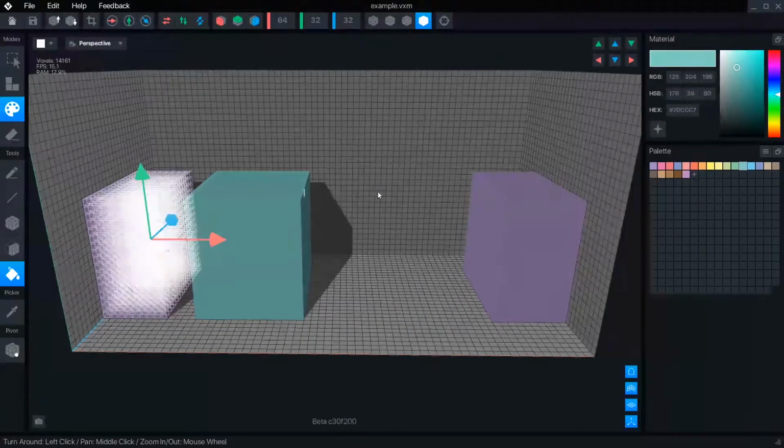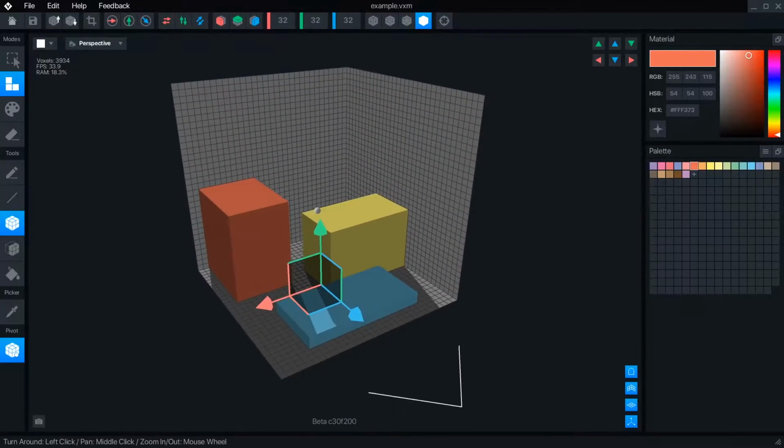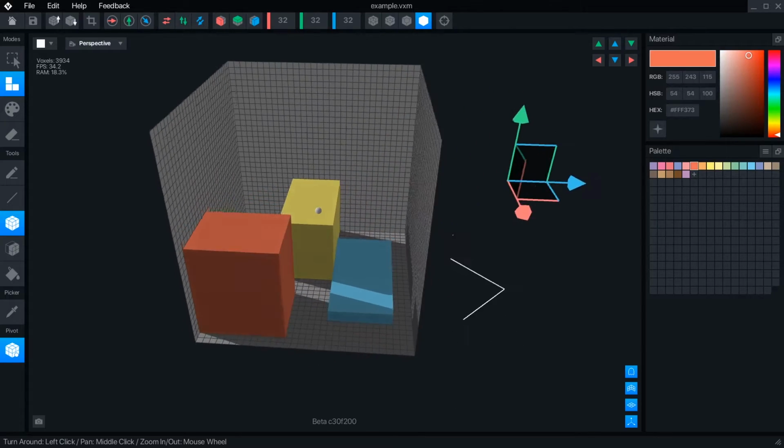The Picker tool will select the swatch of any voxel you click, and return you to the tool you were using before. You can use the Alt key, or Option on Macs, as a shortcut. The Pivot tool sets the center of rotation for an object in the animator. If this object is used in the GameMaker without a rig, this will act as the object's origin.